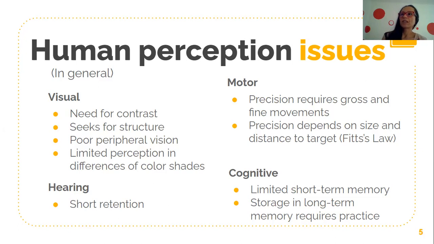That is the reason why it's easier to tap on bigger buttons than smaller ones. And it's easier to reach things that are close to your finger. For example, when you're using a smartphone, it's easier to reach things that are at an approximate distance from your thumb than those that are on top, for example. So remember that difficulty depends on the size and the distance to the target.